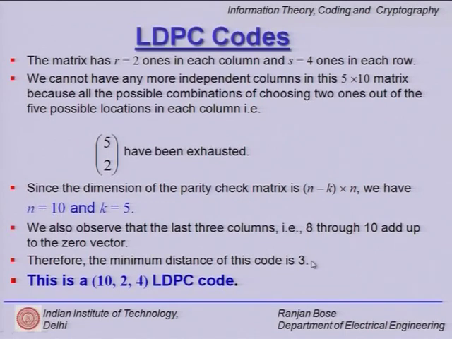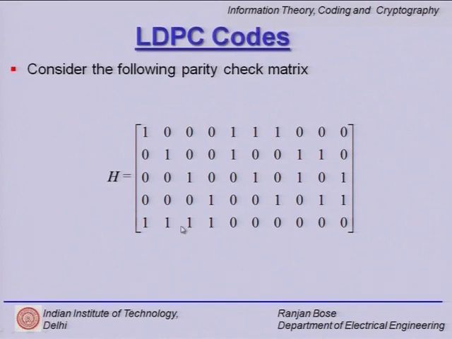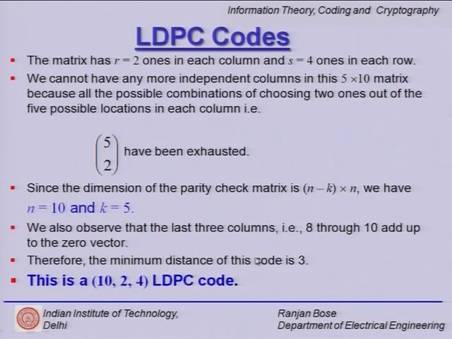So, what does it tell us? It tells us that this is a sparse matrix. For whatever reason, let us believe that it is sparse enough, although real LDPC codes have pretty much most of the weight as zeros and very few ones. So, this is a toy example, but you will see that despite having lots of zeros, you have not compromised on the distance. The minimum distance is 3 and still it is a useful code, it can correct a single error in the code. So, this is a (10, 2, 4) LDPC code. This is an example of that.